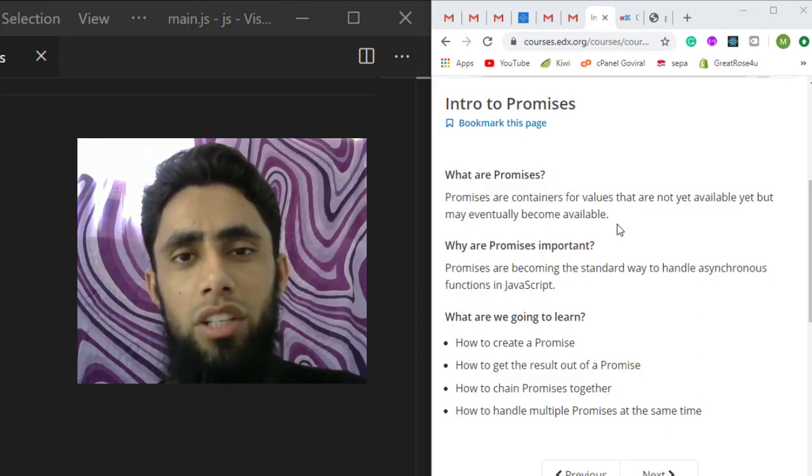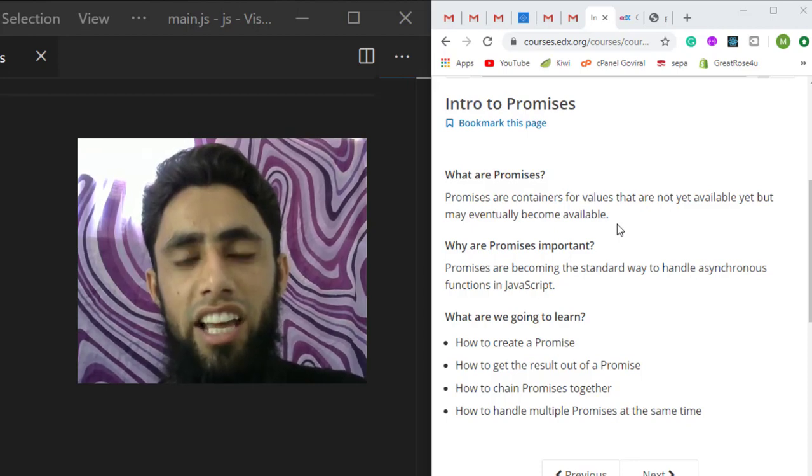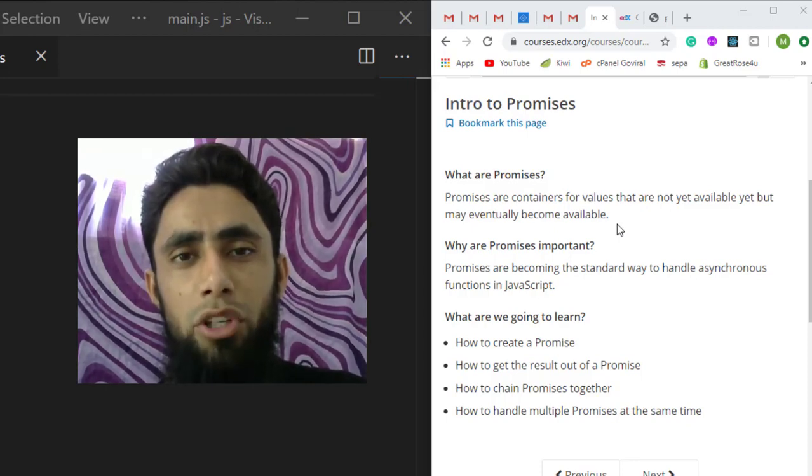Why? Because on the basis of the data we get from the server side, maybe we have some dependencies, like we will be using that data in the next line of JavaScript. So at that time we will be using the promise to handle such behaviors.